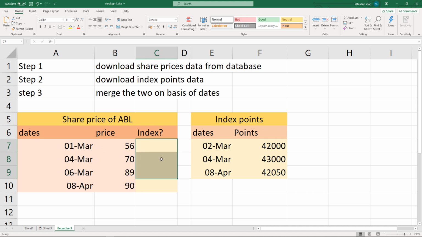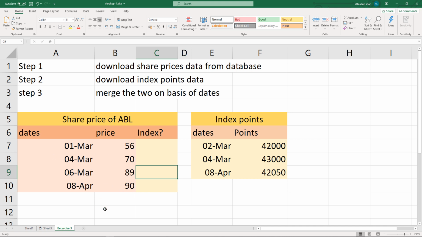The 4th March data will be matched, and 8 April will not be matched because here it is 6 March. So there are gaps in the data. One data set is longer, the other one is shorter. So how do we merge this data into the first one?